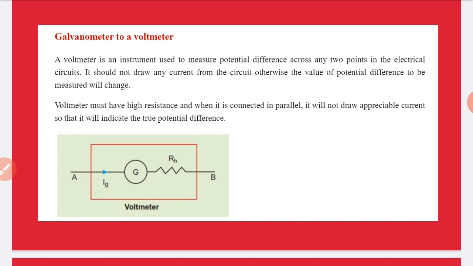It should not draw any current from the circuit, otherwise the value of potential difference to be measured will change. That is the explanation about it. Now voltmeter must have high resistance, and when it is connected in parallel, it will not draw appreciable current,